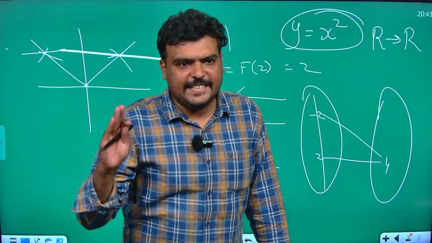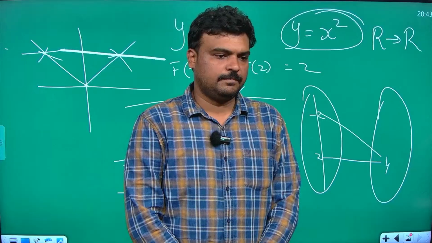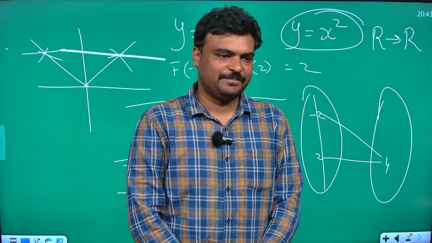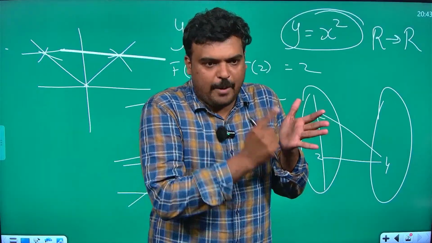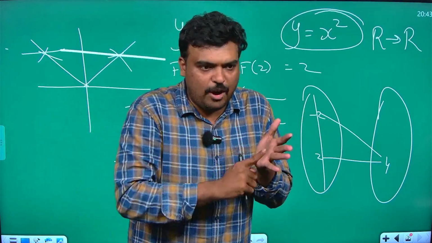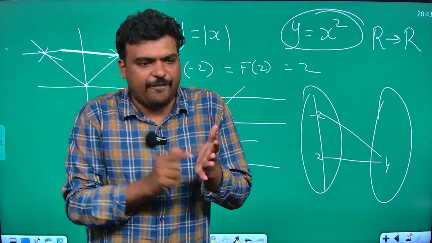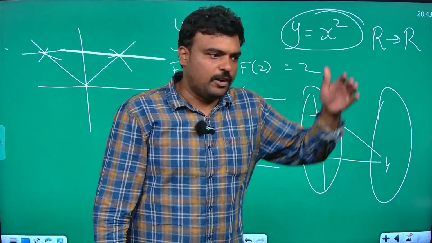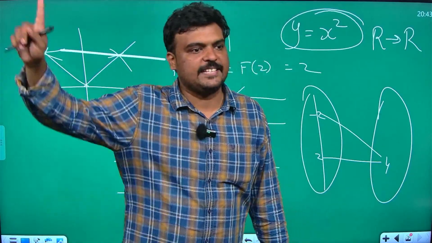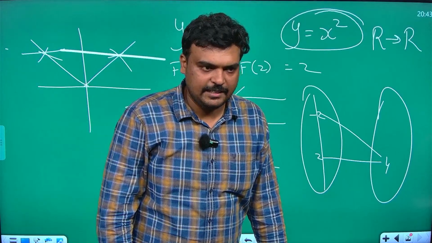Whether the greatest integer function is a one-to-one function? No, sir. It's many-to-one. Very good. Why? Because f of 1.5 is 1, f of 1.6 is 1, f of 1.9 is 1, f of 1.999 is 1. For these infinitely many inputs, I am getting the answer as 1. So how can the function be one-to-one? Right?